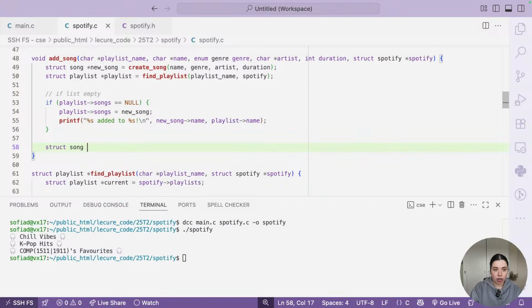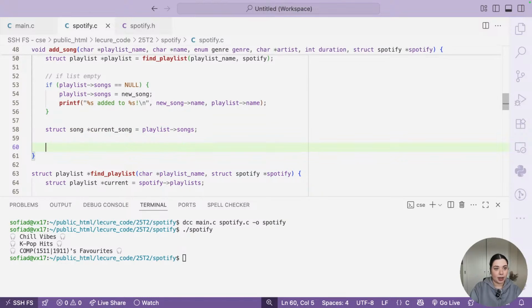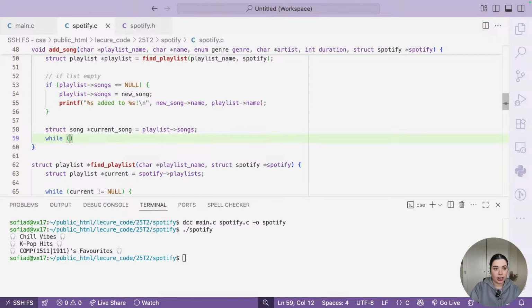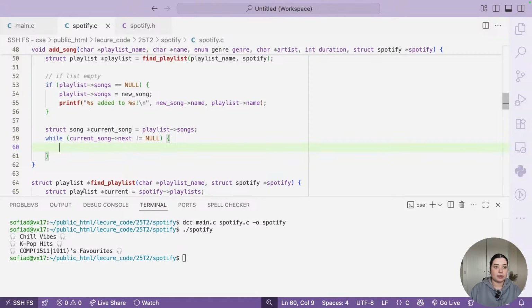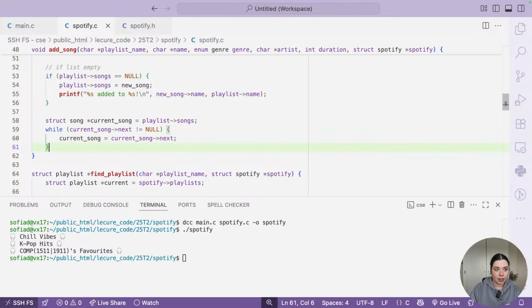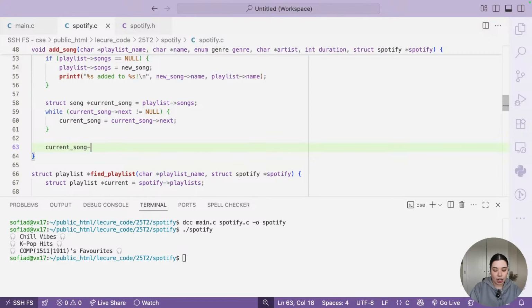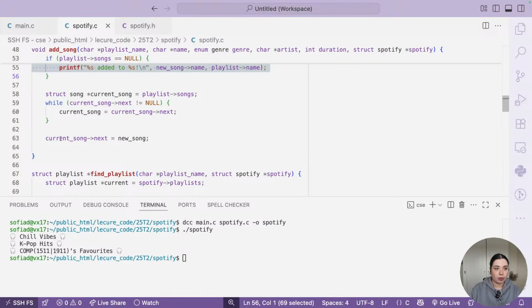So let's set up a struct song current song, which is going to equal the first song in our playlist. And then like suggested in the chat, we're going to go while current song next does not equal to null. Let's keep moving along in our list, right? So current song equals current song next. And then finally, we're just going to let current song next equal new song and add it to the tail. And then we can probably print